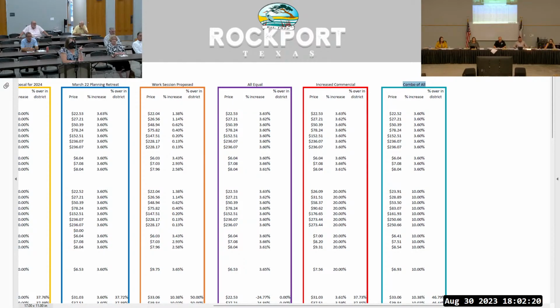Okay, so last year we operated in a deficit and we pulled from our reserves. And if we continue at this rate, we will pull from our reserves again. There's not project money allocated anywhere. So if I may ask for a follow-on clarification, the projects that were listed in 22-23 that were not completed were unfunded,